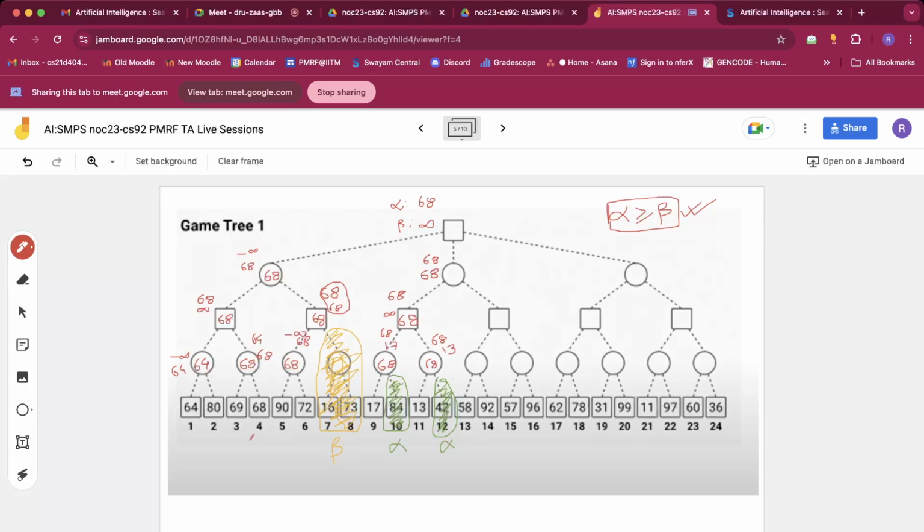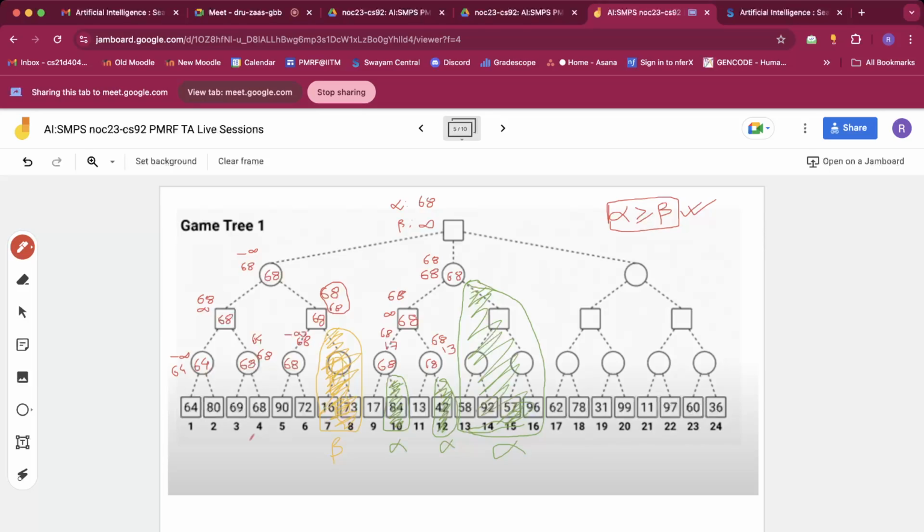Okay, again a cutoff condition has been met. Alpha is equal to beta. Okay, and once again it's an alpha cutoff because we were at a min node. In this case, we will prune out this whole subtree. Okay, so we are essentially cutting off this branch, but because we are cutting off this branch, all its descendants are also being cut off. Okay, so we applied one more alpha cutoff over here, and again this will also have a value of 68,